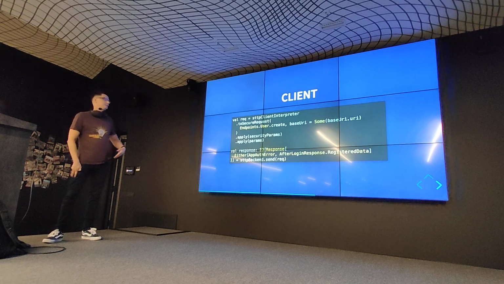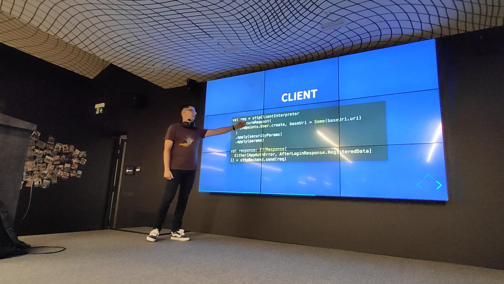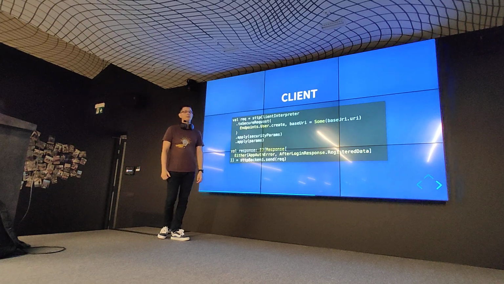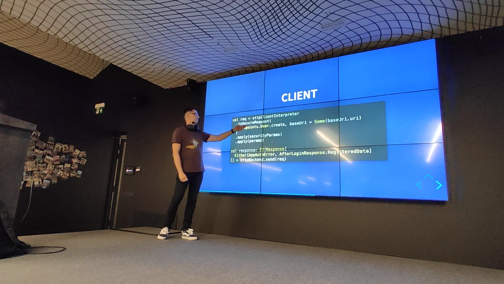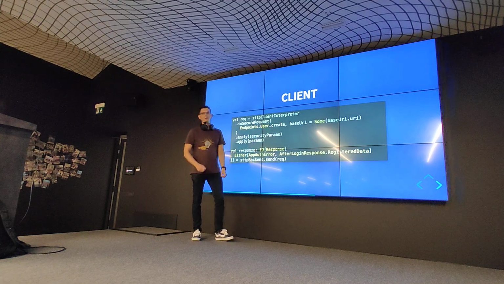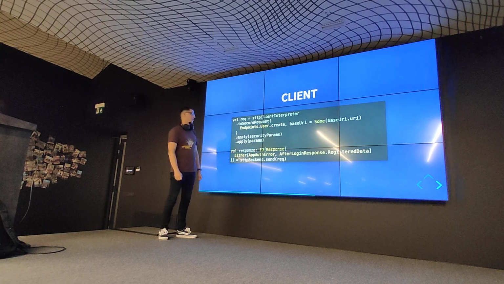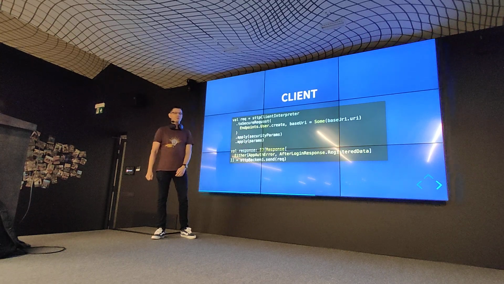And on the client side, it's also super easy. I'm using this STTP client library on the Scala side, and you just say, hey, please turn this endpoint into a request. You give it a URL where your server is actually located. You give it the security parameters. You give it the actual parameters.